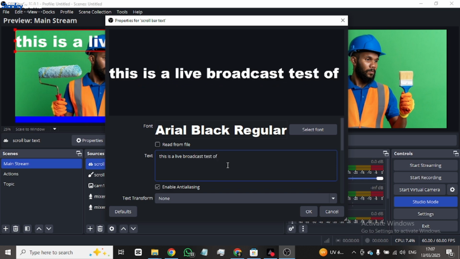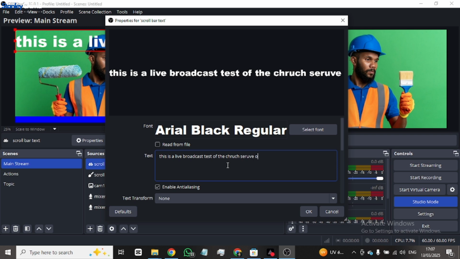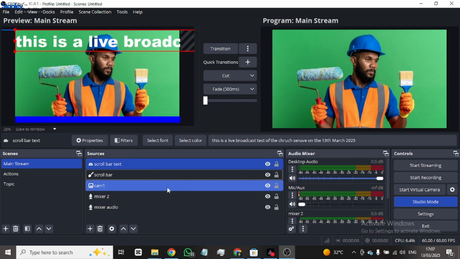broadcast test of the Shell service, and making this video on the tour, if I'm not mistaken, 13th March 2025. Okay, so this is the scroll text I want to use, and then I want the color to be white. So once I hit OK, but one more thing,